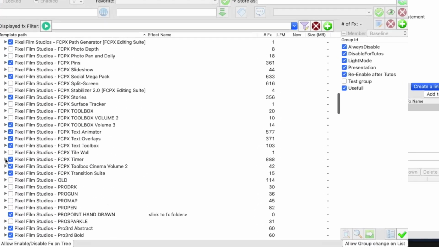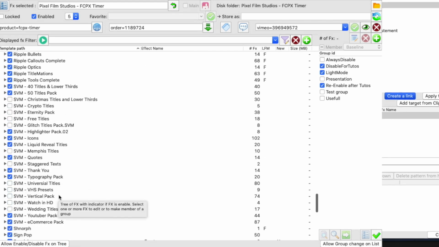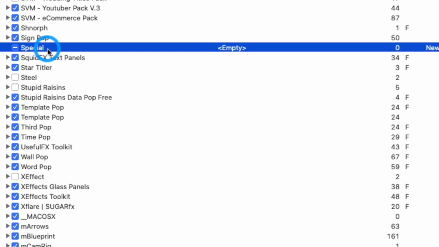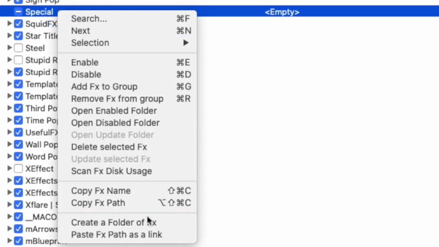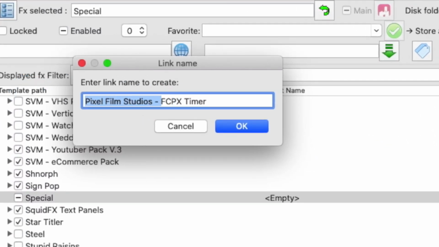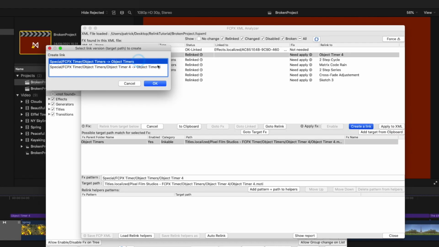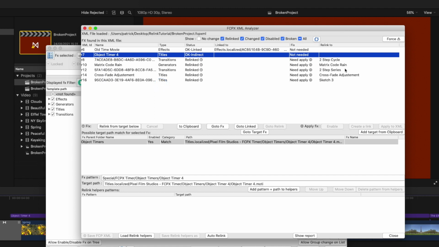Nevertheless, you can manually create the link from the main interface tree using copy path and paste as link from the menu. But here, we just keep the proposed choice. It is more straightforward. We continue to create our links, but for this next one, we have 2 of them